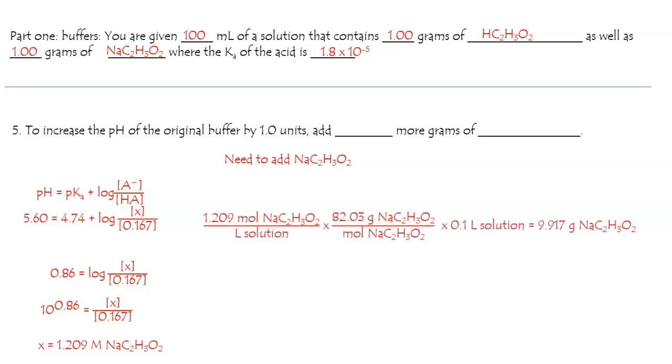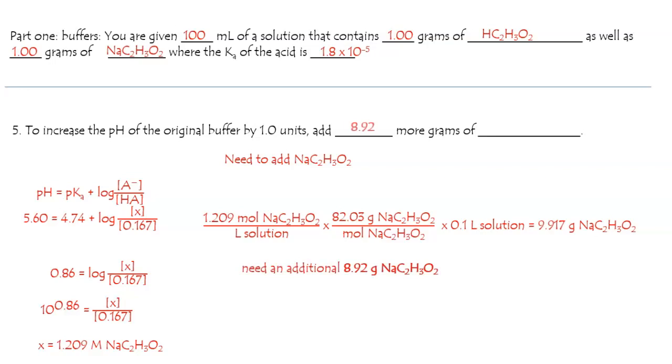Let's turn that into grams. Well, since 82 grams is a mole, and we have a tenth of a liter that we need, everything cancels nicely. We find we have 9.917 grams required to bring that pH up by 1 unit. However, don't forget we already have a gram in there, so we need to add an additional 8.92 grams of